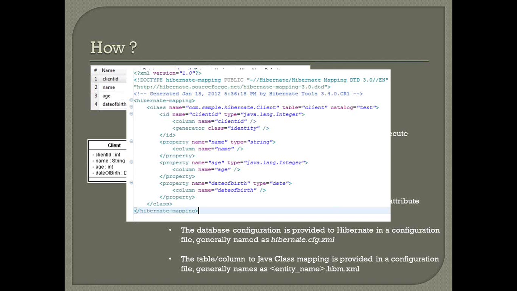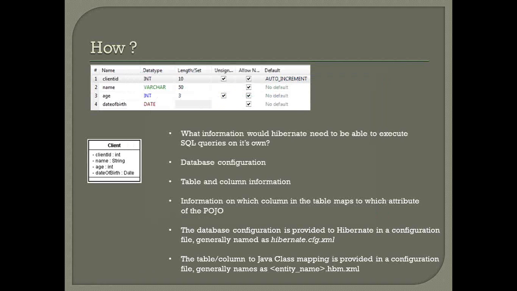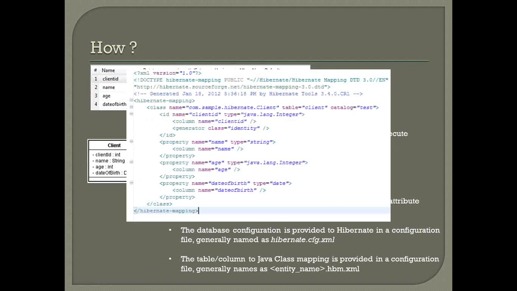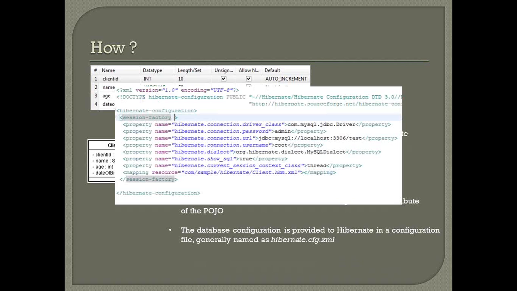So what you can see on your screen now is the Hibernate configuration file. This is the file where you specify your JDBC driver class, which obviously needs to be part of your classpath, your database password, your database connection URL, and username. Dialect basically means what database you're using. I'm using MySQL for the example, so the dialect is MySQL.